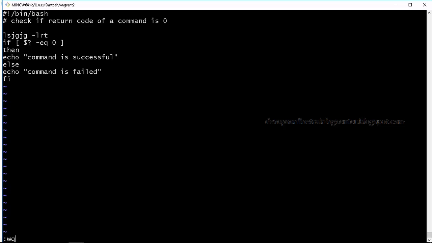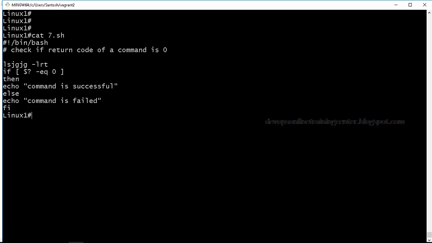So basically we want to check whether a command is successful or not using the return code of the command. The return code is given by the $? expression. So if we give echo $?, it checks whether the command is successful or not. 0 indicates success, anything other than 0 is failure, right?